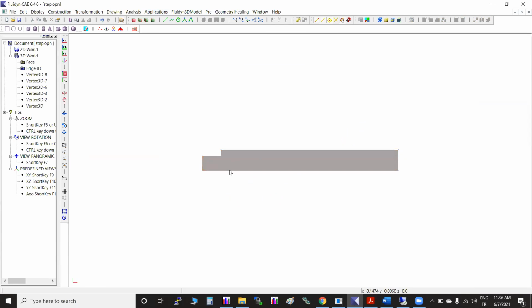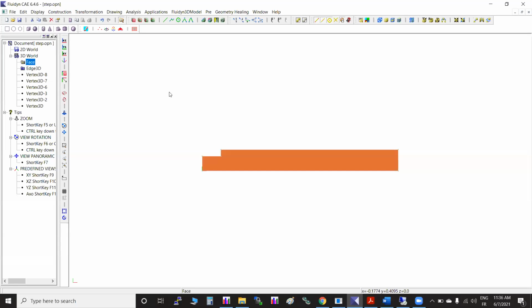Another thing: we selected edges and wire together, and then went for that option. Before that, you can select the edges and wire together, and there is an option called construction sew, which joins all the edges together and makes a closed edge group. That is called a wire again. First you can do this, and then come back. This is sometimes important, because if there is any gap between the two edges and wire, you can identify it with this. If sewing creates a wire, then definitely everything is properly connected. If there is any gap, it won't create it. So these are some of the ideas.